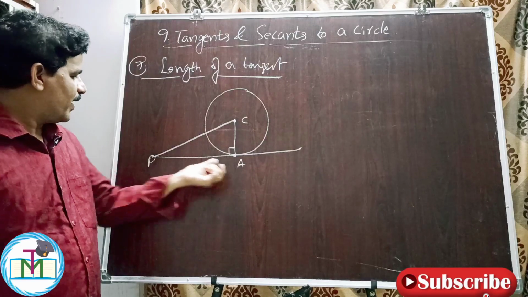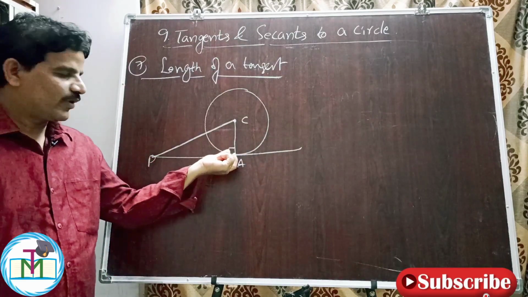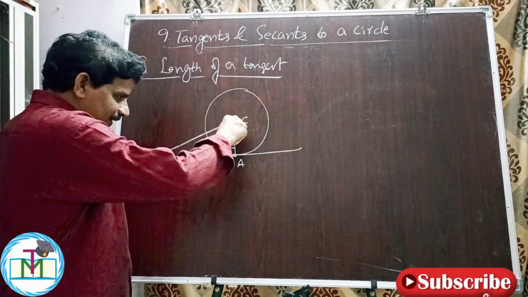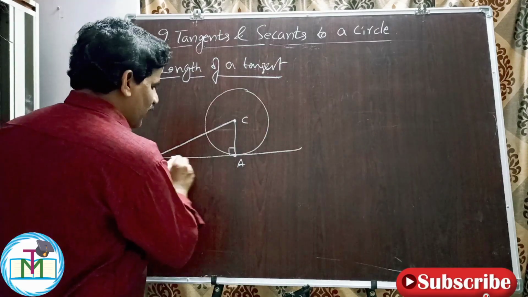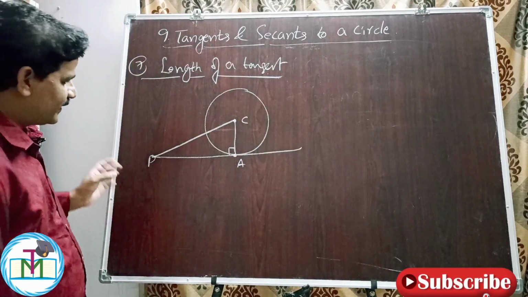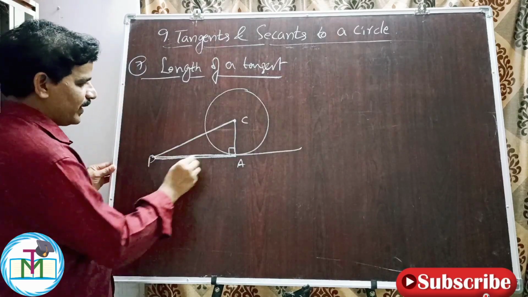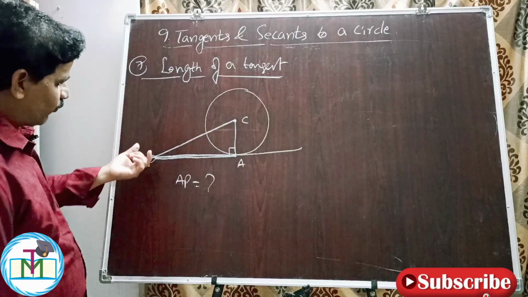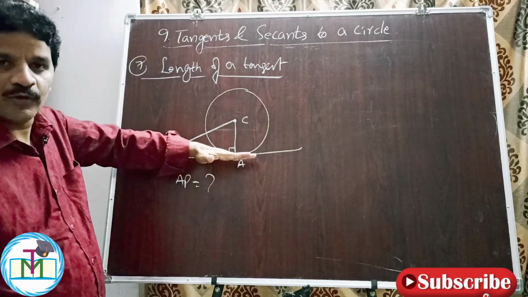So here PAC is a right angle triangle. So here we can see the angle 90 degrees. So always, a line passing through the radius, the radius line is perpendicular to the tangent. Therefore, so here what is tangent? I want the length of the tangent, means I want this much distance AP. I want AP is equal to how much? So here we know that this is a right angle triangle. Always radius is perpendicular to what?